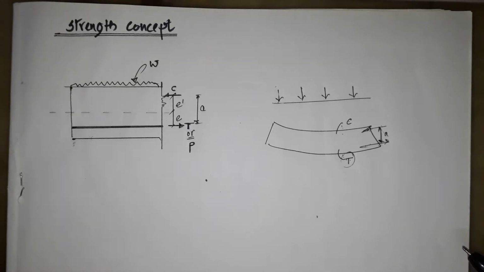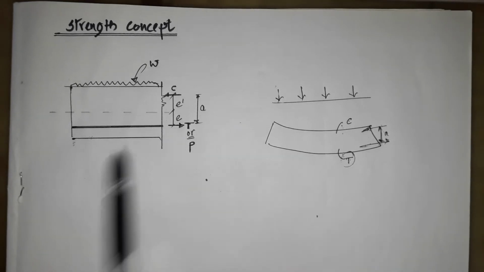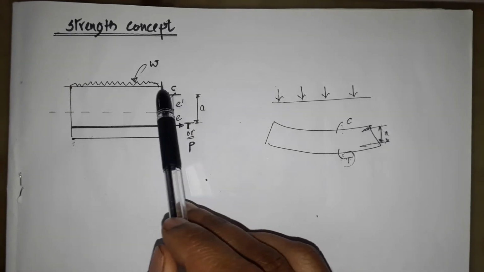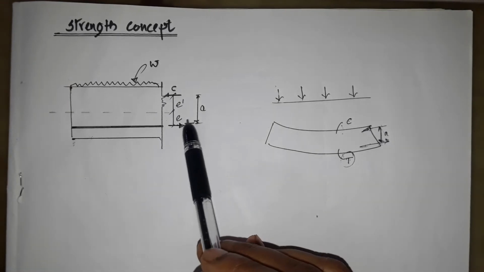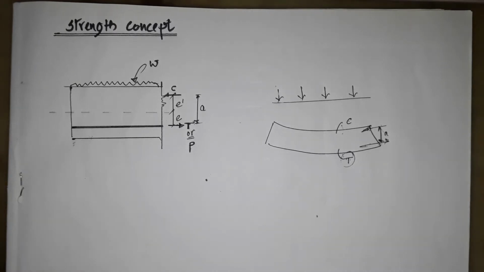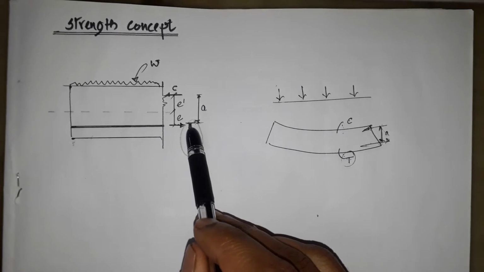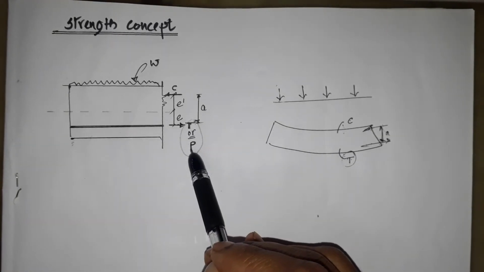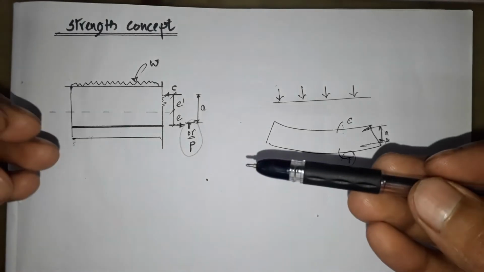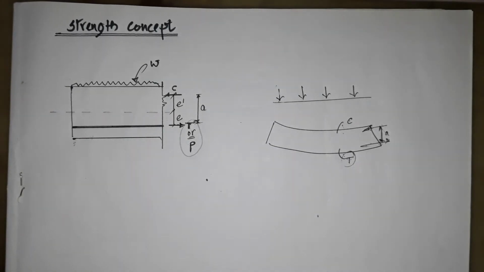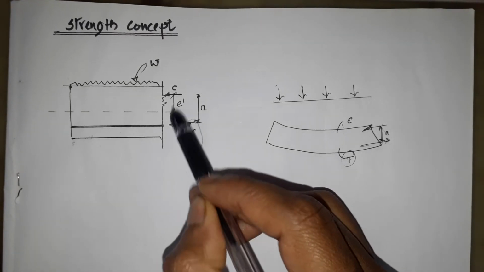These two develop a strength. So internal resistance means that you will develop a strength and they will resist the external forces, or develop the stresses that we are going to refer to. Here we have C, which is the compression force, and T or P. T is the pre-stressing force in the tendon. I have written T or P, both are the same. T is the tensile force, which is the pre-stressing force applied in the cable to pull the cable, that is tension in the cable. These two forces will act at a distance of A.